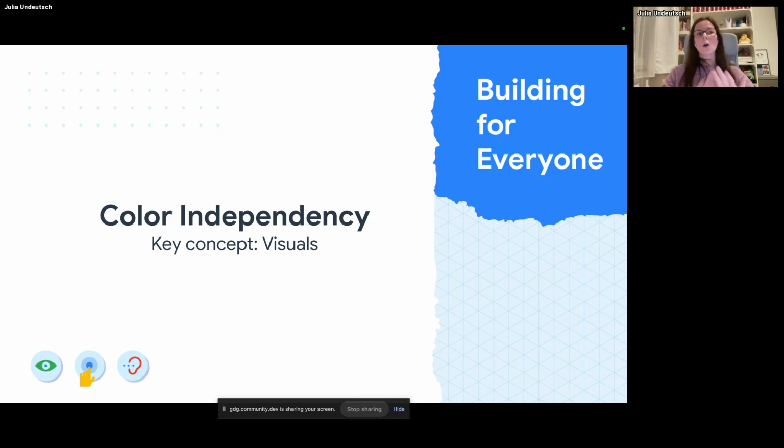So we can improve this by adding additional meaning, for example, with adding an icon. Let's say when you're online, then the circle is green, but in addition, inside the circle is a little check mark. And when you're offline, then it is red and maybe an X. So even though the person maybe cannot perceive the colors, they can still see the icons and get that the person is now online or offline.